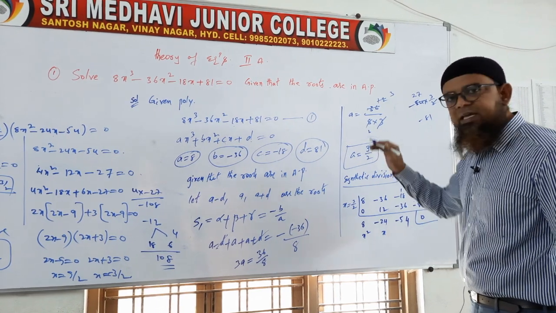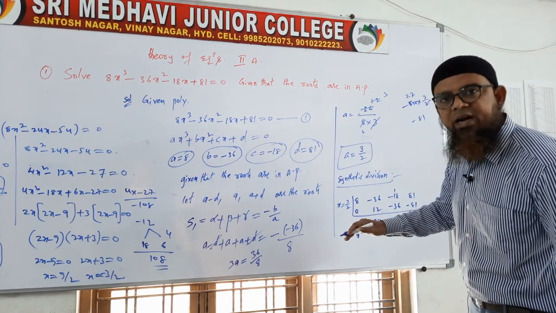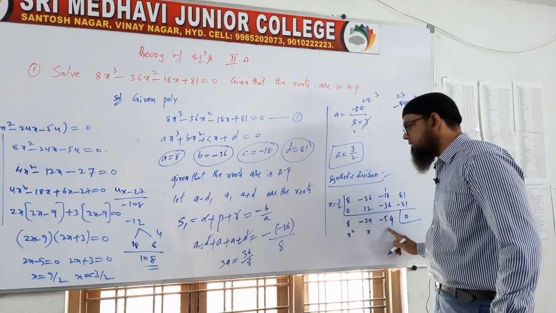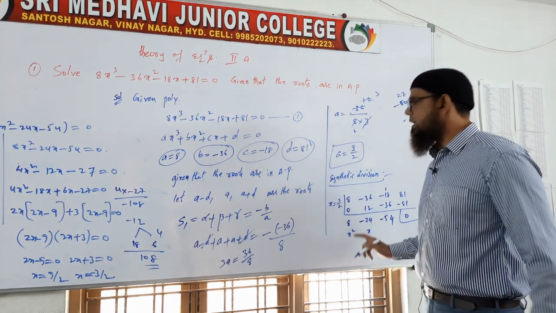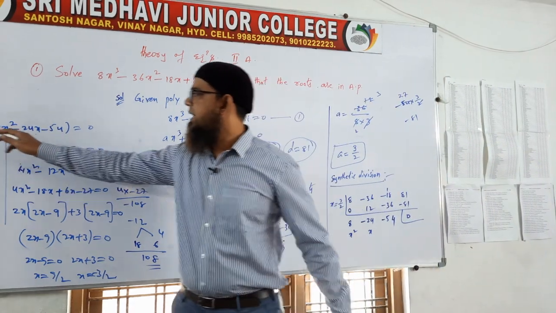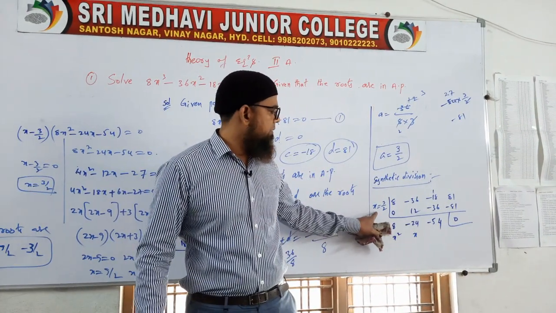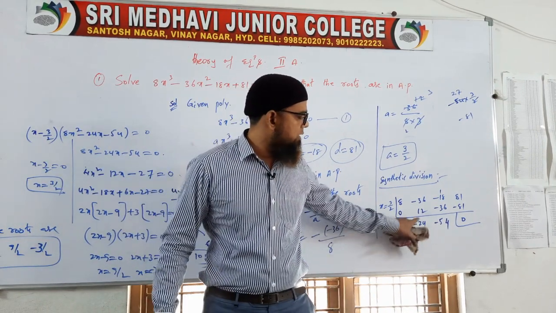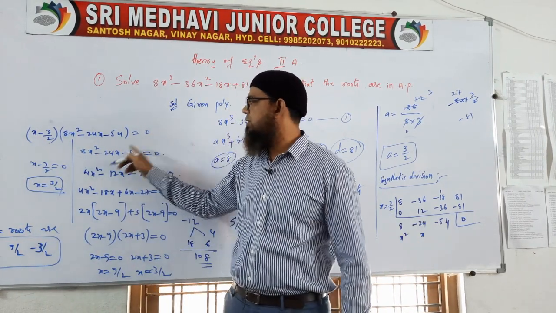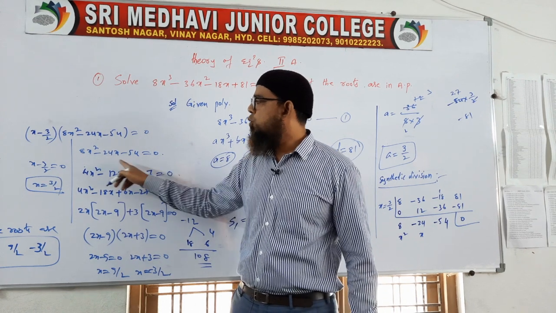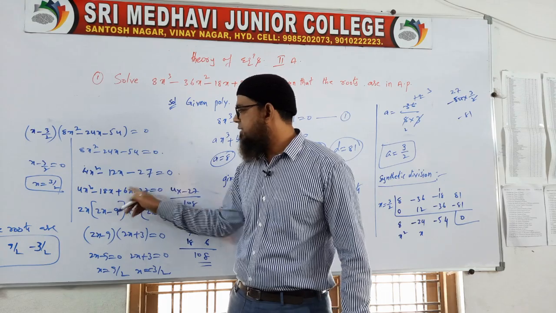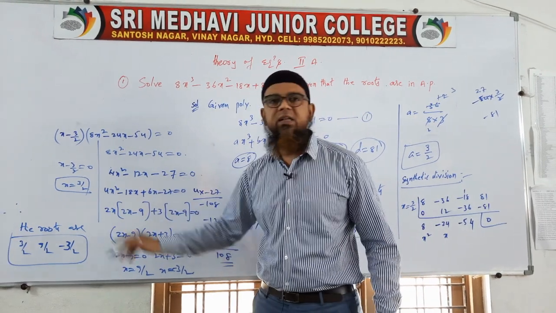After that the equation will be reduced up to quadratic equation. Under the first number x square, under the second number x, the last one is constant. When I multiply these numbers, see, this is the procedure here. x minus 3 by 2. You take 3 by 2 this side. x minus 3 by 2. I am writing here 8x square minus 24x minus 54 is equal to 0. In this, 2 is common, so take 2 common and cancel it. You will get the quadratic equation. Split it into factors. You will get 3 roots.